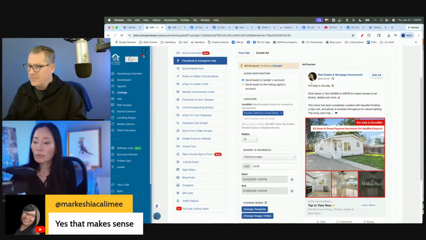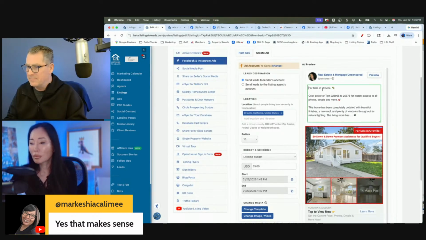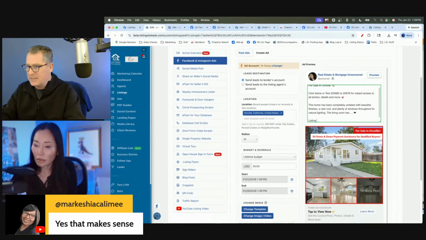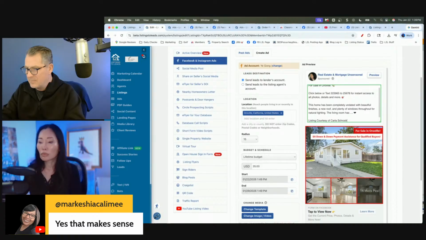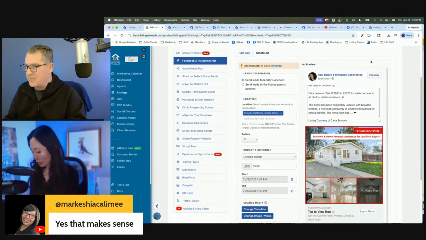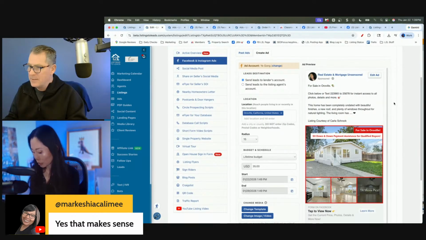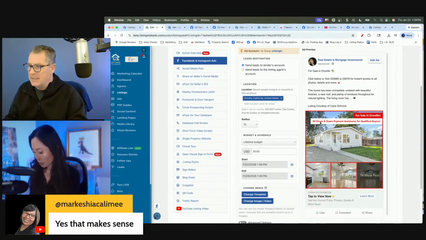So we got the ad for sale by owner. I'm sorry, what am I saying? For sale in Oroville. No, not by owner. For sale in Oroville. Actually, the listing agent, I'm not sure why it doesn't say listing courtesy of. I didn't spell the name right, but that's fine. We're not really doing an ad. All right. So notice in the